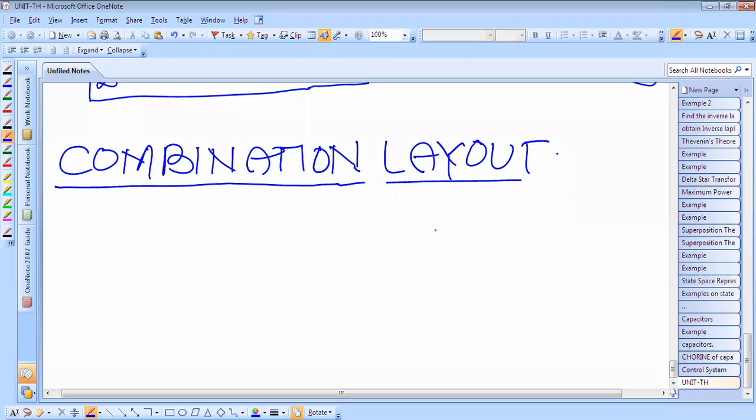Okay, most of the layouts are the combination layout. It means both the layouts are present in the case of the combination layout, that is, a product layout and a process layout. So this will give you more flexibility. Most of the manufacturing sections are arranged in process layout,